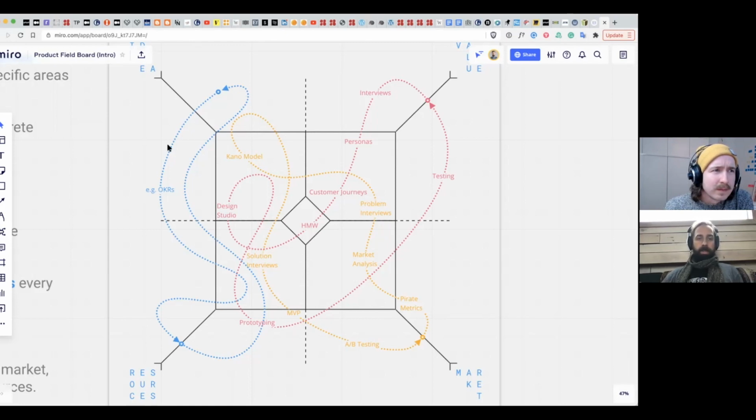And then this blue shape, whatever it looks like here, like a slightly bent check mark maybe, that's an example for OKRs. So any kind of target system that you use to align strategic goals and concrete tasks, production, use of resources, in product field speak,